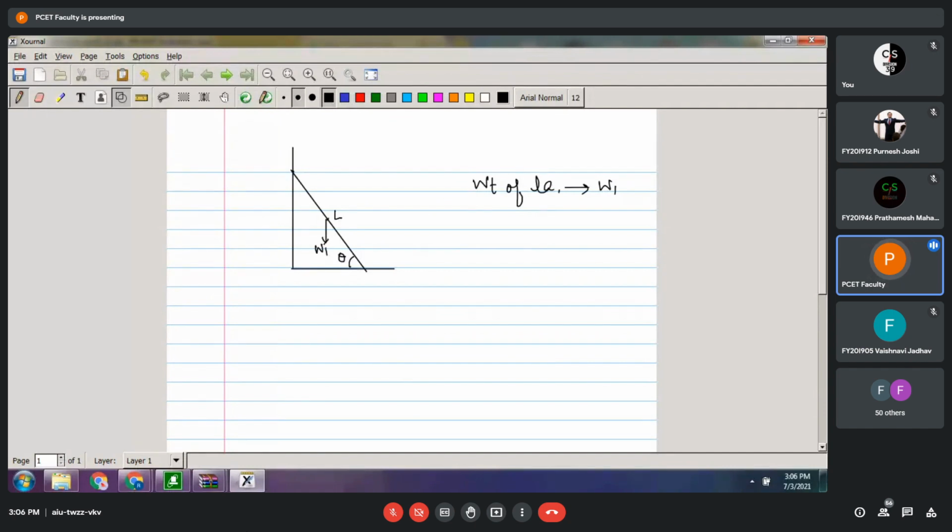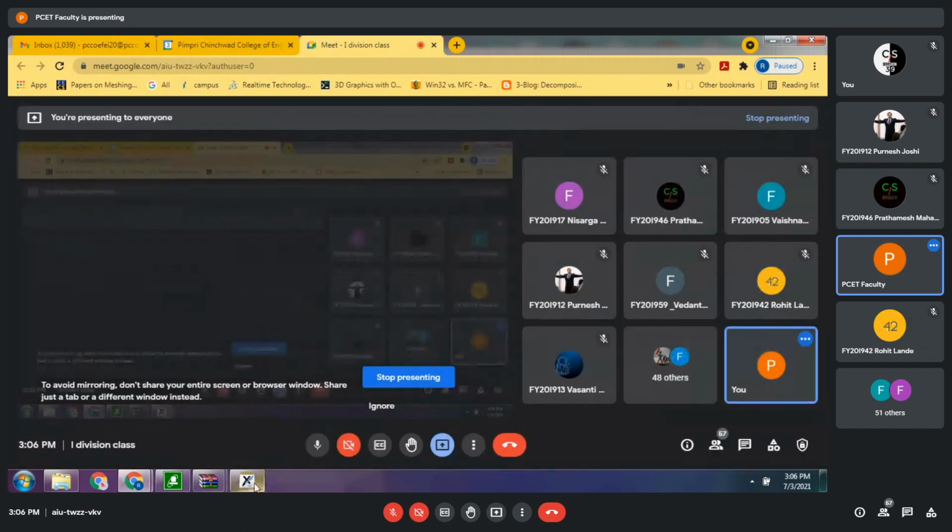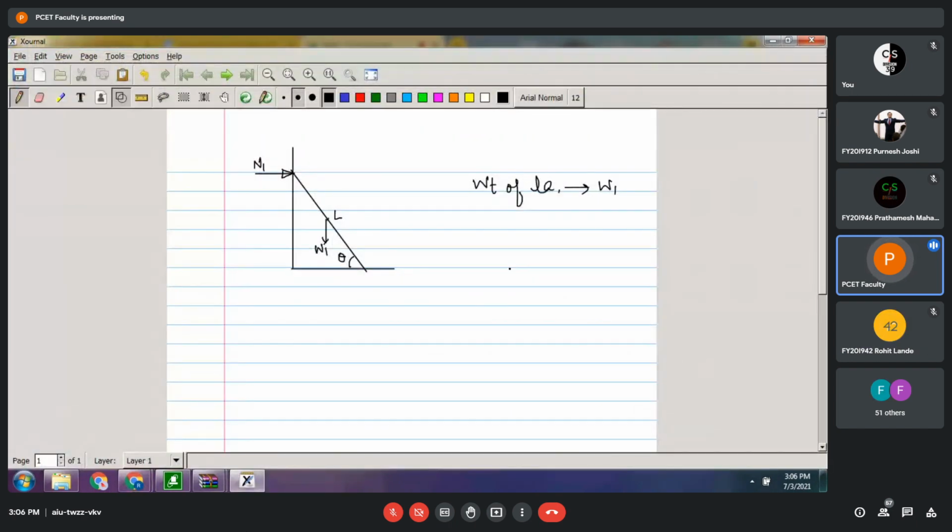There will be some support which will be provided by this vertical wall, which is suppose simple support. You know that any surface provides support to any object which is always perpendicular to the surface. बरोबर का? Yes, ma'am. So vertical wall will provide horizontal support. I will call it as first normal reaction. So I will name it as N1. Your second support,